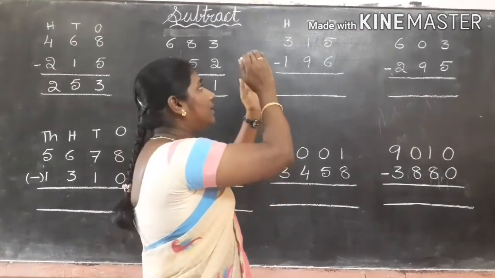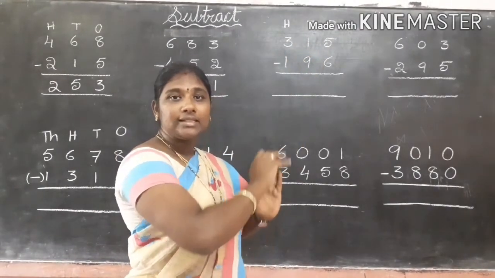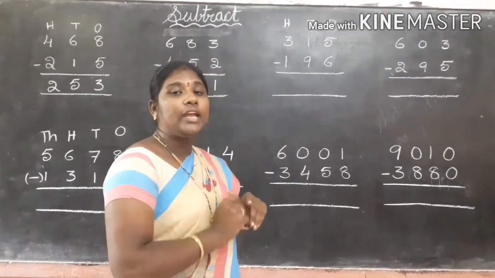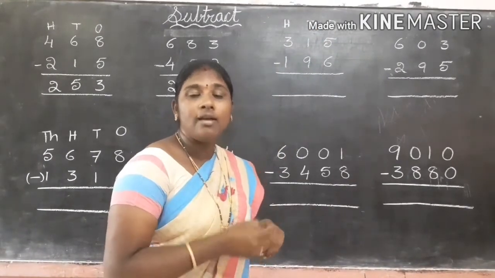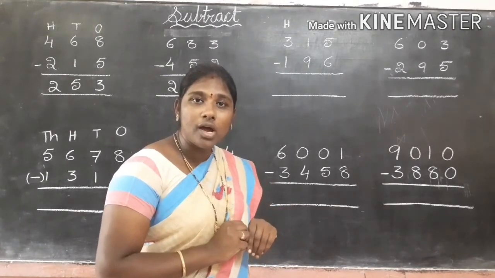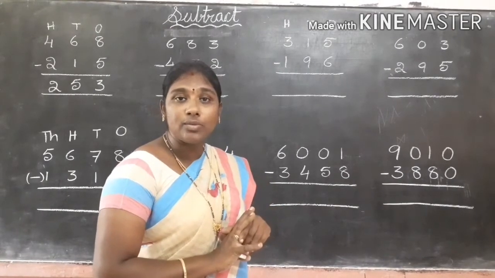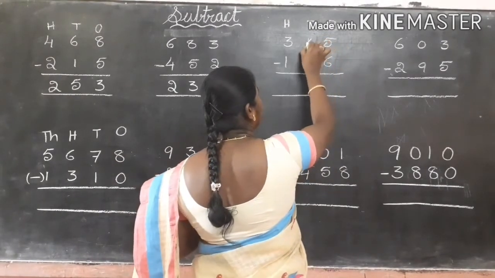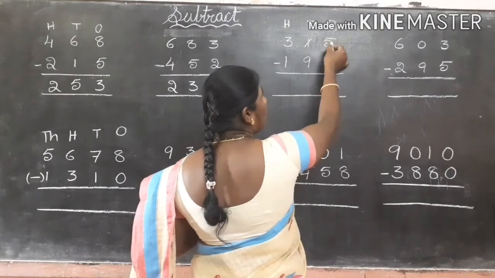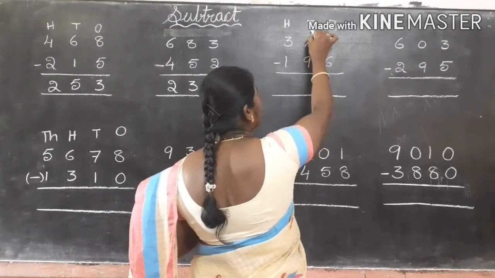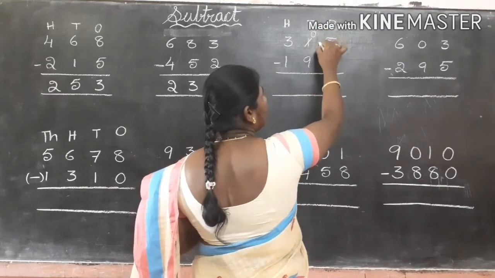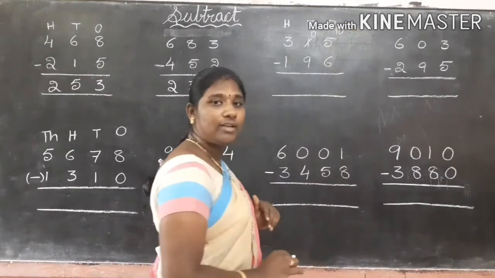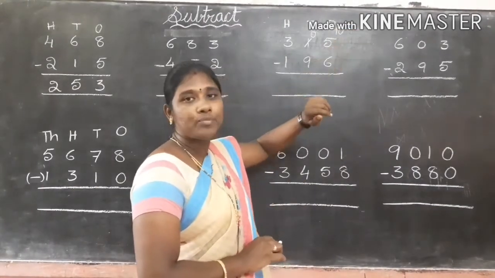That means when we take from the tens to the ones place, this 1 is transferred to the ones place, and it becomes 10. Why does it become 10? 1 ten is equal to how many ones? 10 ones. So from here to here we take the borrow. Here we gave 1 as the borrow. How much remains here? 0. When we take it here, how much do we get? We will get 10. Right here, mark 10.